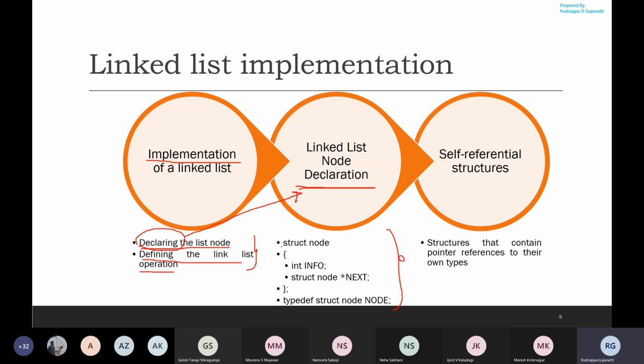In order to declare a structure, we make use of the keyword struct. This is the name of the structure, which is acting as a node in the linked list. So this entire thing will be acting as a node in the entire linked list. Here the name of the structure is node.